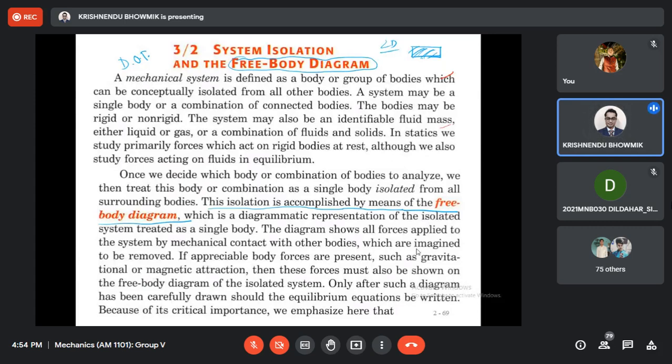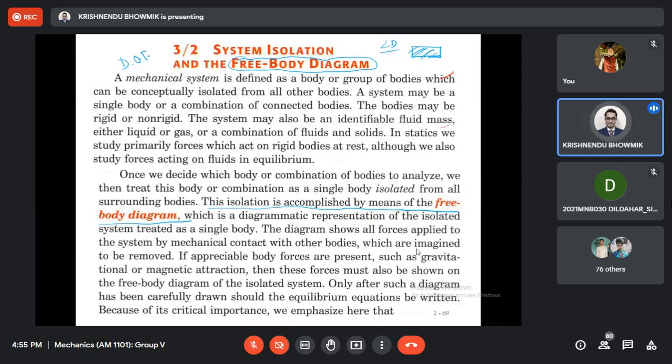Now the next step: show the choice of the coordinate axes directly on the diagram. Don't say summation Fx equals 0 when you have not shown x and y at all in the free body diagram. Partial dimensions may also be represented for convenience. Forces or moments shown in the diagram as arrows should be clearly distinguished from other quantities like distances. If possible, use a different color for distinguishing forces or moments from quantities like dimensions.